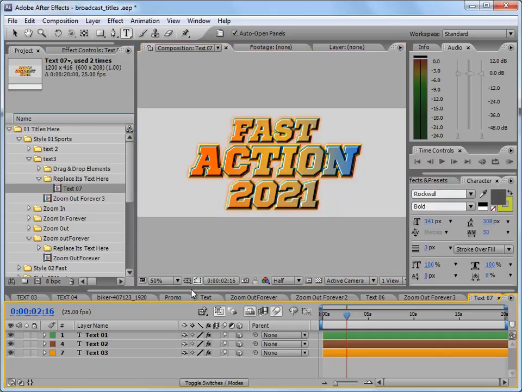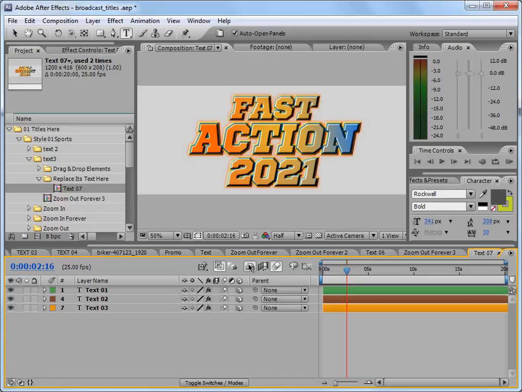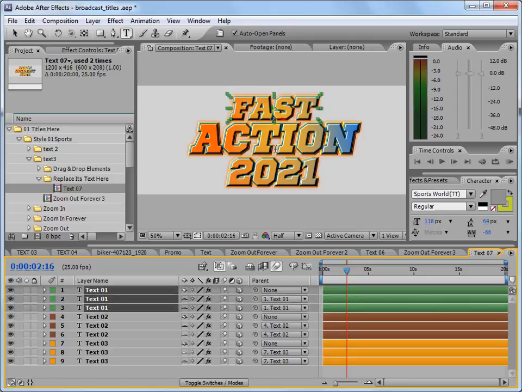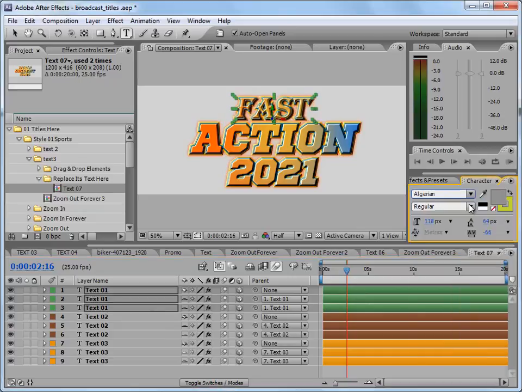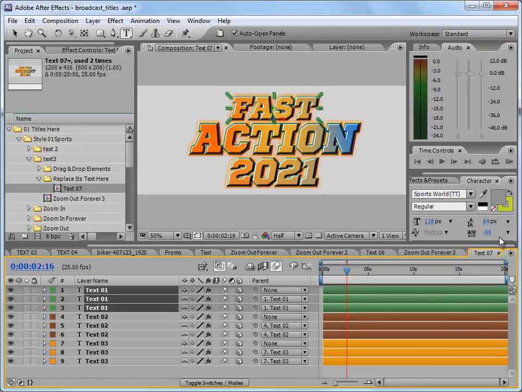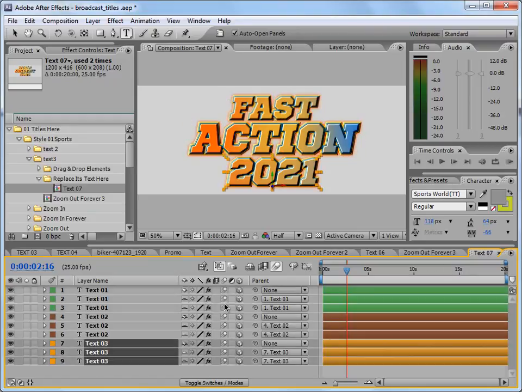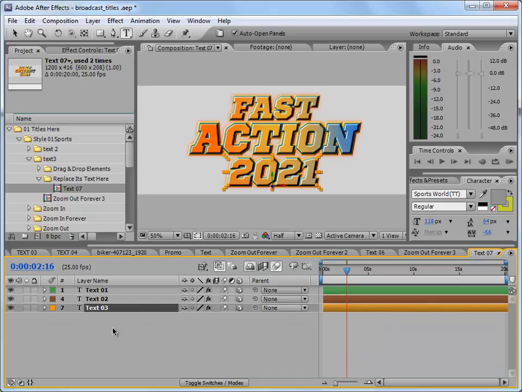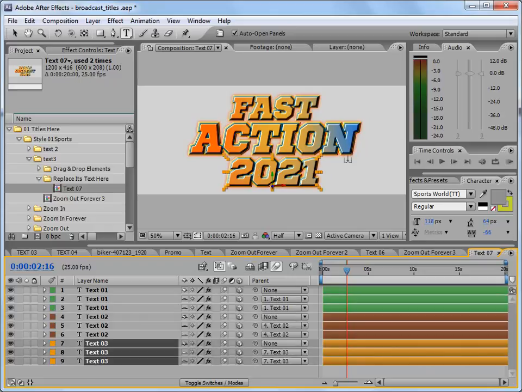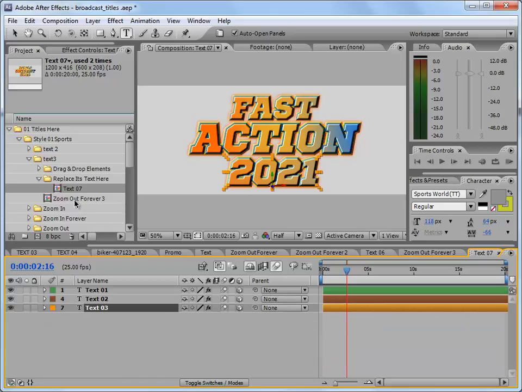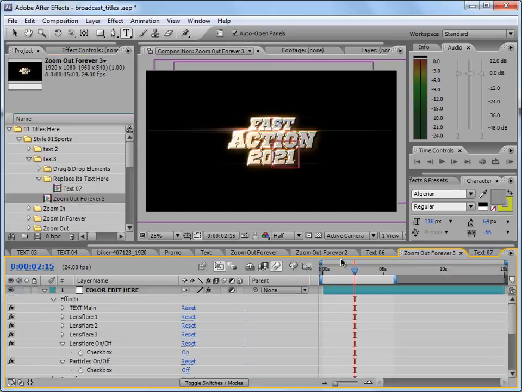Similarly, if you want to change the size, now if you unreveal it, these 3 are here. Select these 3, and then you can change your text here. And you can do the same for the next one, and then the same for the next one. If you want to change only the text, then it can be done from here. But if you want to increase the size, spacing, and kerning, just unreveal it, select all of them and then change. Pretty simple. Then you go back. Text has been changed. Fast action. Now if you go back to your promo